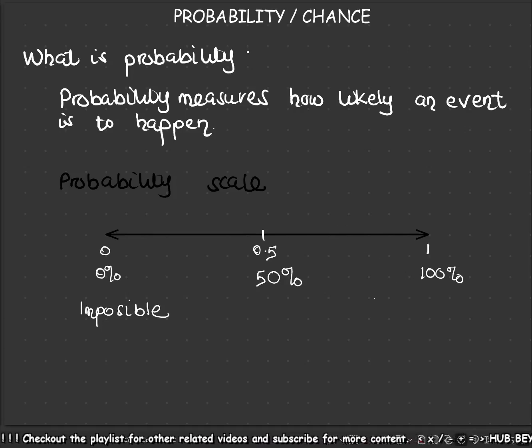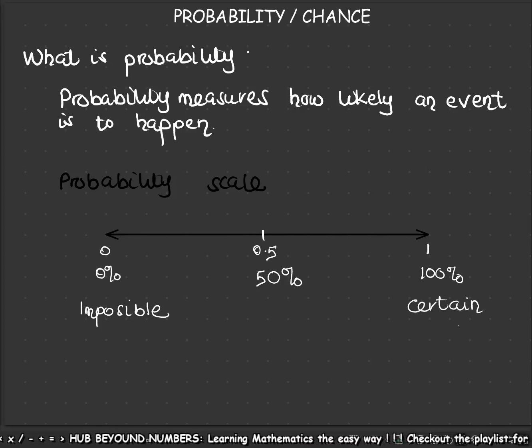Now let's look at 100%. When we say the probability of an event is 100% or 1, then it means the event is certain. Whether you like it or not, it would happen. There is no doubt about it. What's the probability that you are going to blink your eyes in the next 5 seconds? That is very, very high. What is the probability that you blink your eye today? You can never go through the day without blinking your eye. So that is certain.